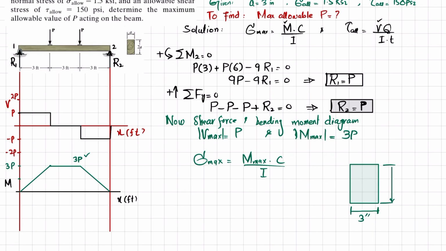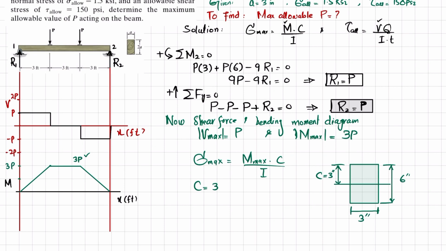So the total height is 6 inch. So this is the cross section. Its neutral axis will be this one, which will be 6 divided by 2. So this is your C, and C is equal to 6 divided by 2, which is